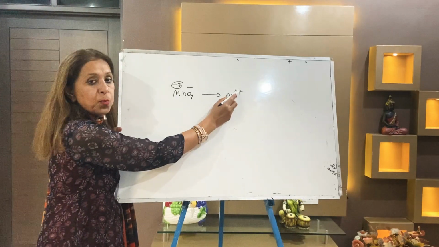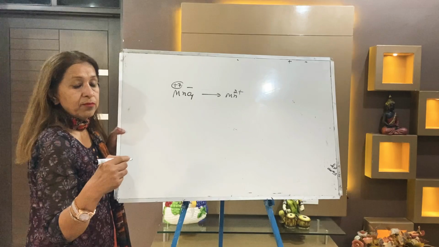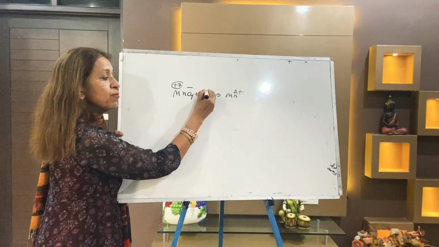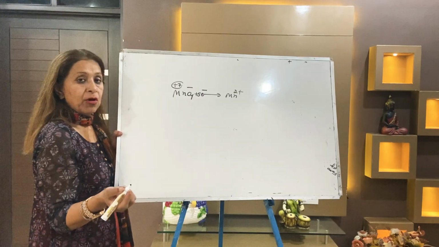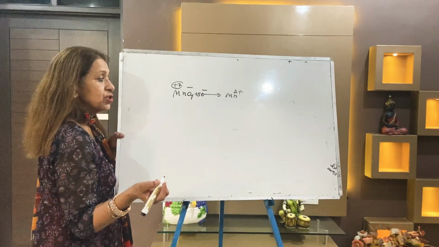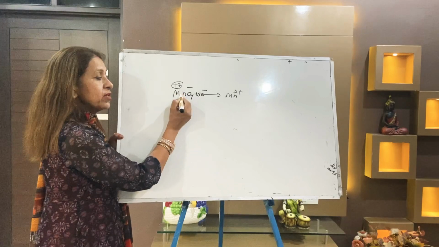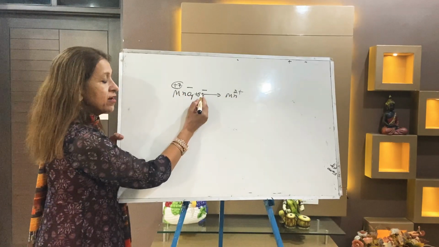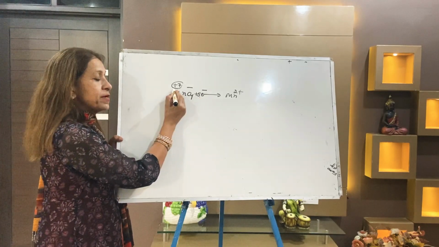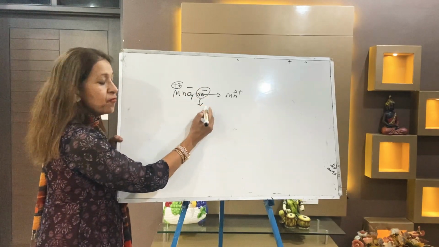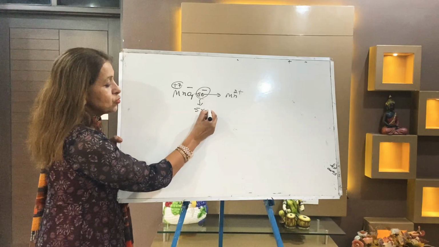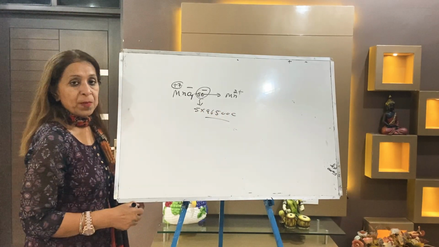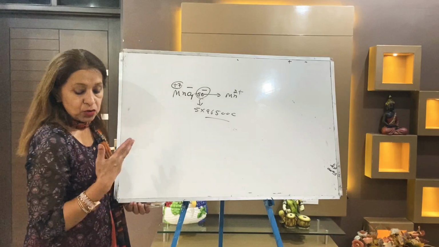Here it becomes manganese 2 plus. How much electron is needed for this? 5 electron, 5 mole of electron. That you have already done in the balancing redox section previously. +7 this side, +2 this side. This means a difference of 5. You will add the 5 mole of electron on the side where the oxidation number is more. So your answer is 5 Faraday, or 5 into 96500 coulombs. The remaining two parts of the same numerical you can do yourself.